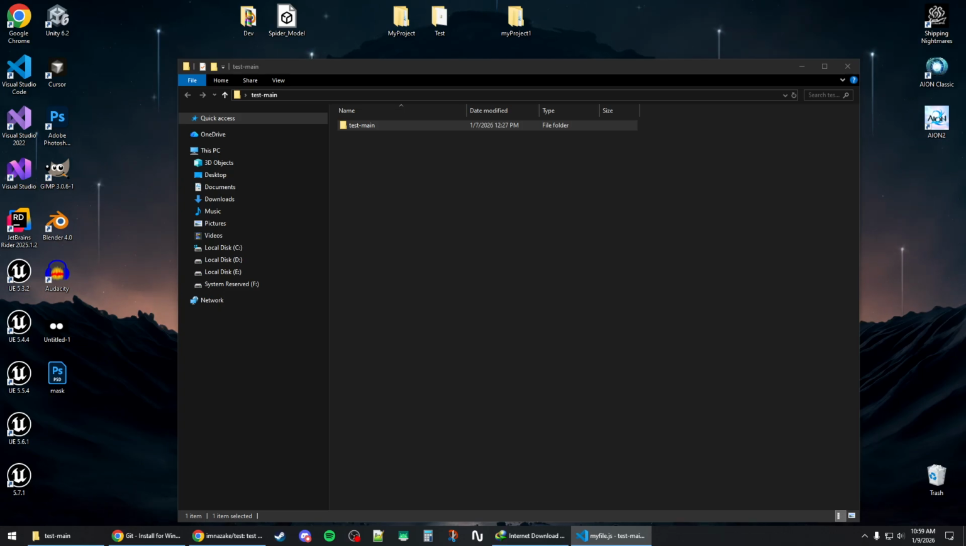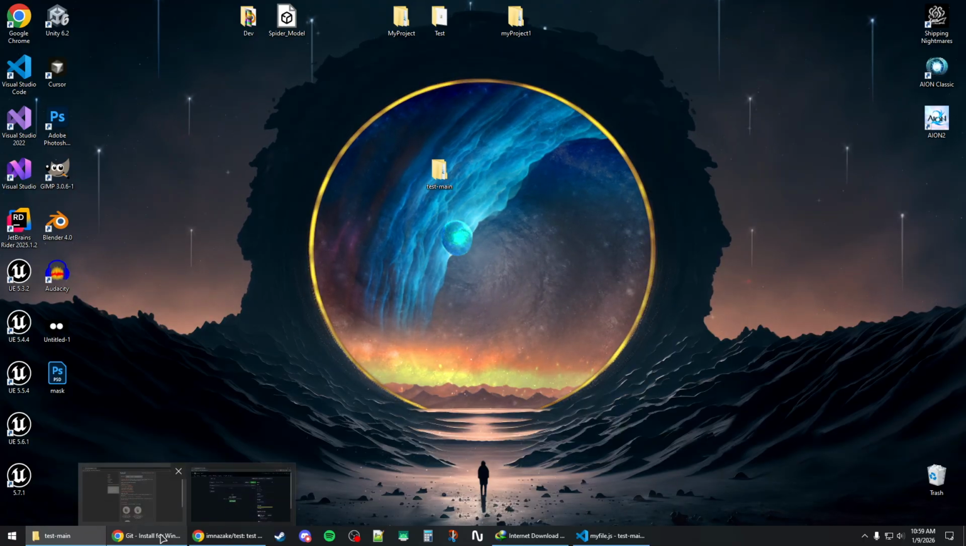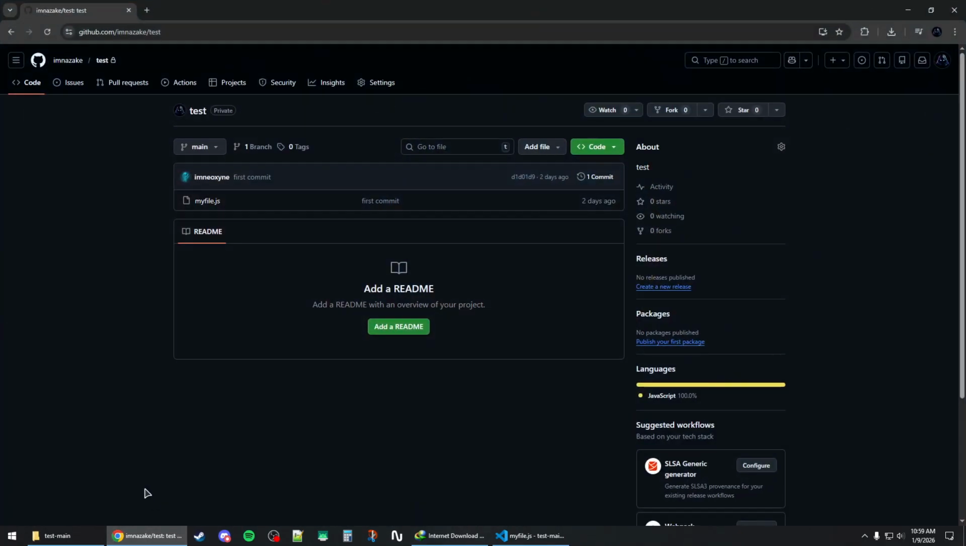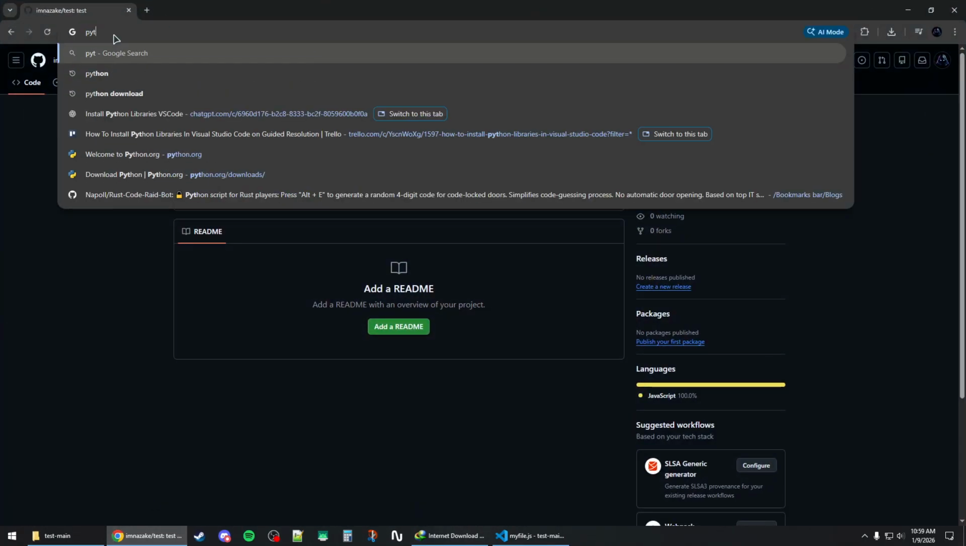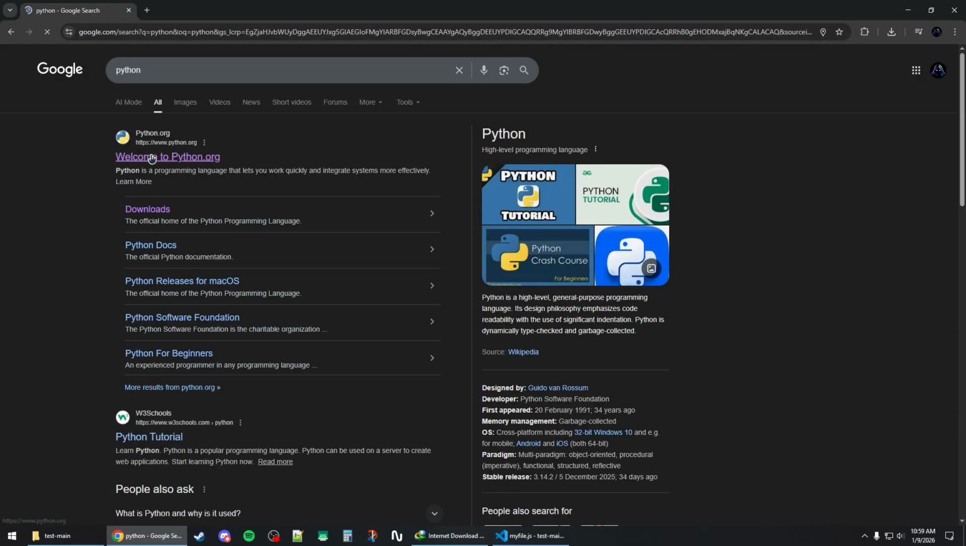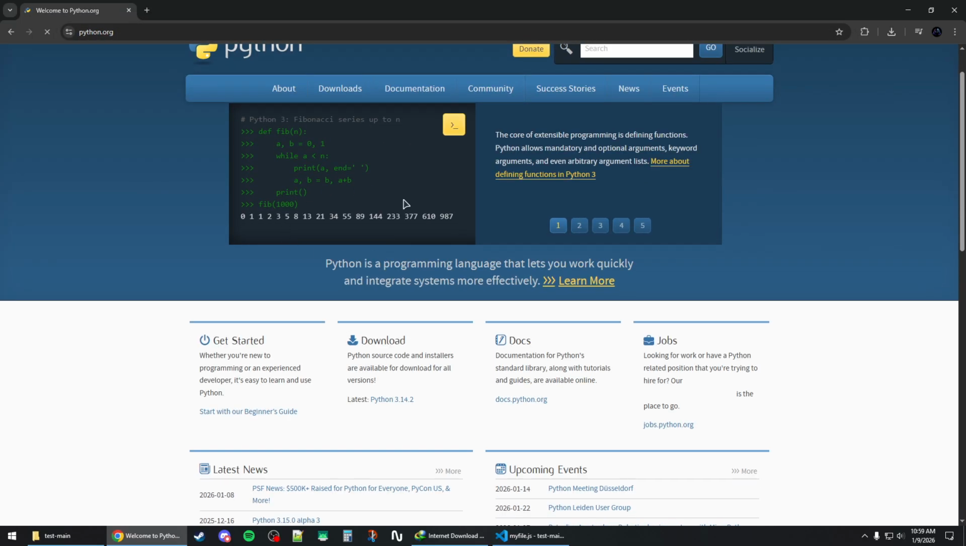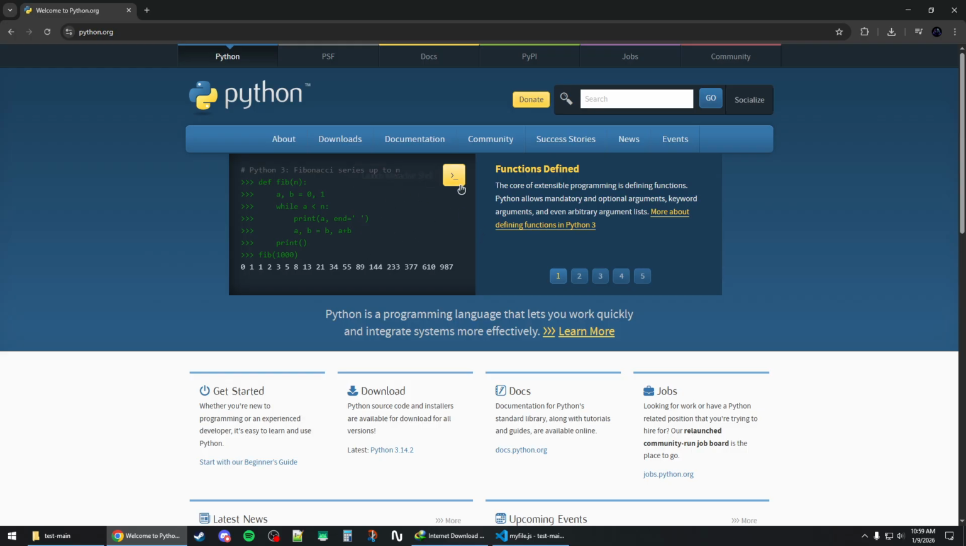How to install Python libraries in Visual Studio Code. So the first thing you'll need to do is open up your browser and then search for Python. Now click on the first link, and from here you want to download the version you need, or the latest